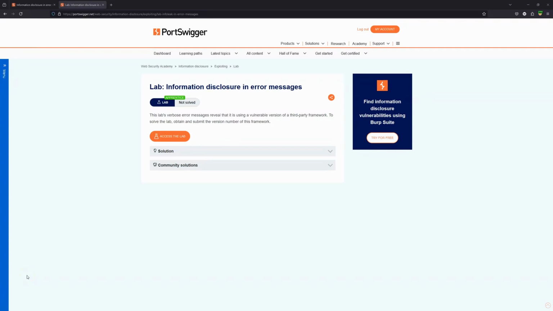We're going to be taking a look at this lab, information disclosure in error messages. The description reads, this lab's verbose error messages reveal that it is using a vulnerable version of a third-party framework. To solve the lab, obtain and submit the version number of this framework. So we'll find the vulnerable framework that's running. We'll also take things a little bit further and research the vulnerability itself and discuss the implications against this particular